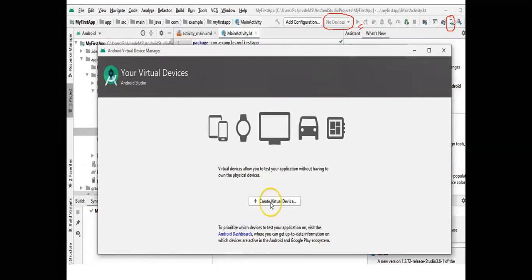that is, this icon indicates the Android virtual device manager. After clicking on the Android virtual device manager, this window will open. Then it is showing the support for tablets, phones, wearable devices, smart display units or TVs, automobiles, and Android Things or IoT. So once you click on create virtual device,